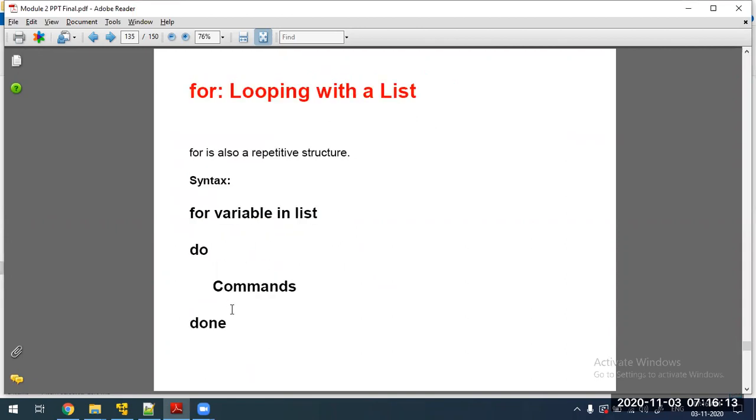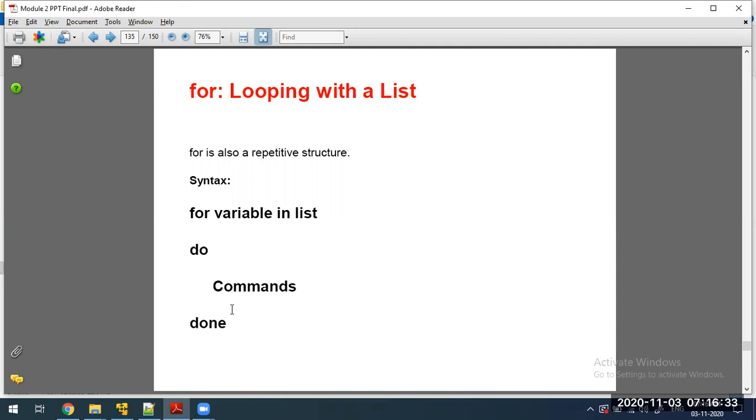In the same way, there is a for loop, one more looping statement. The for is also a repetitive structure which you already know. The syntax is almost very similar to the while itself.